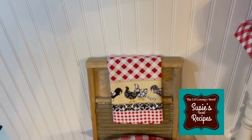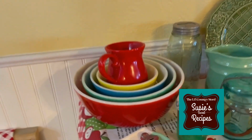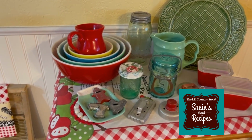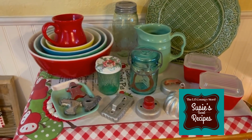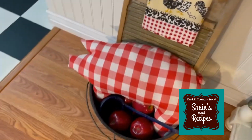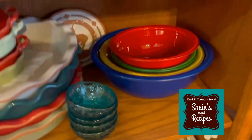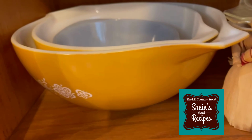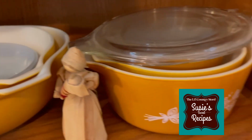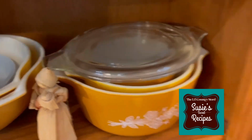pretty much every day. So here are some of the other bowls that I like to use, some of the Pyrex. My sister gave me that set. In fact, she gave me a lot of the stuff that you see on this table. But I do like to use those and those. And a lot of the ones like this that have the lip on it, I'd love to use them too. Those were my grandma's. And then some of the other things would be